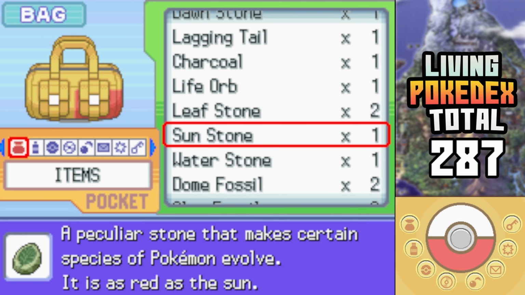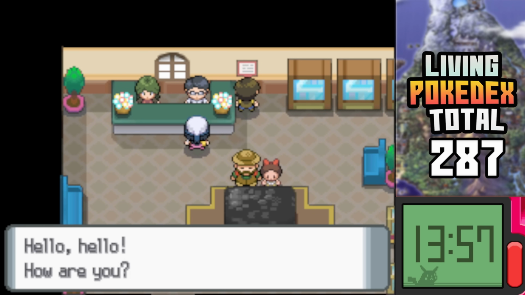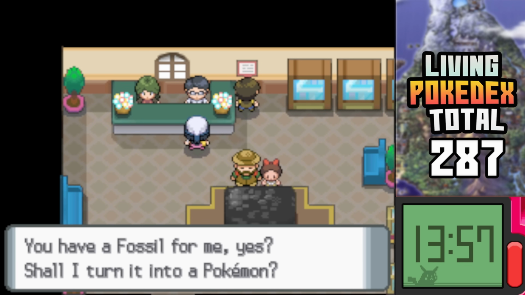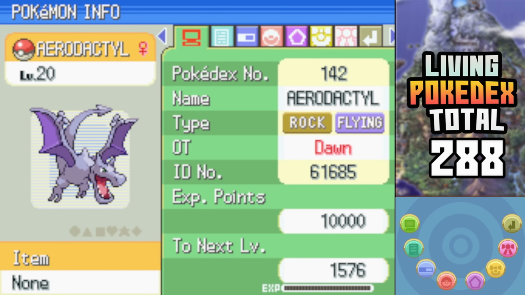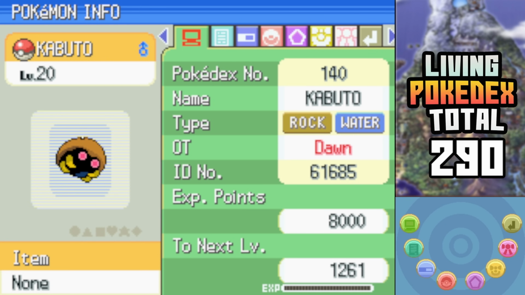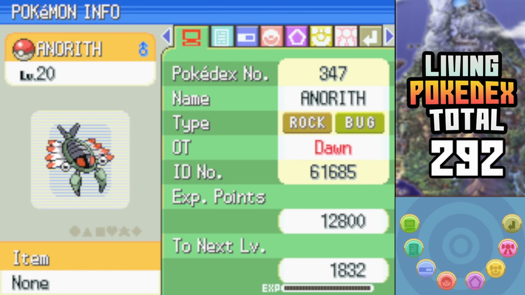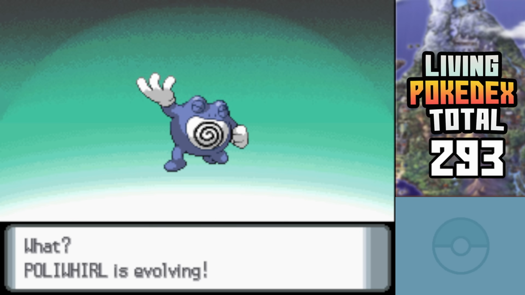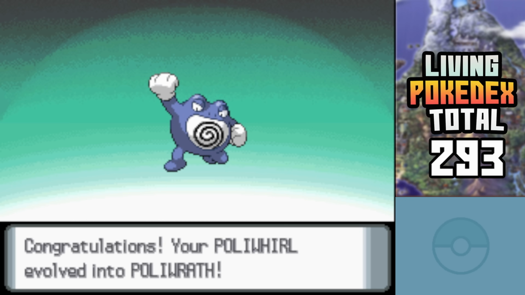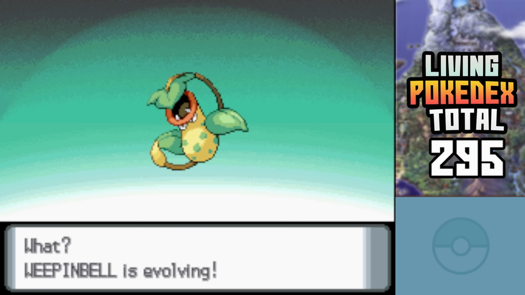Now let's check in with Dawn, who managed to find every single fossil and evolution stone she needed. She paid a visit to the Oreburgh Museum, where she revived the Old Amber into Aerodactyl, 2 Helix Fossils into 2 Omanyte, 2 Dome Fossils into 2 Kabuto, 2 Root Fossils into 2 Lileep, and 2 Claw Fossils into 2 Anorith. Next, Dawn took care of the stone evolutions, evolving Poliwhirl into Poliwrath, Gloom into Bellossom, Weepinbell into Victreebel,